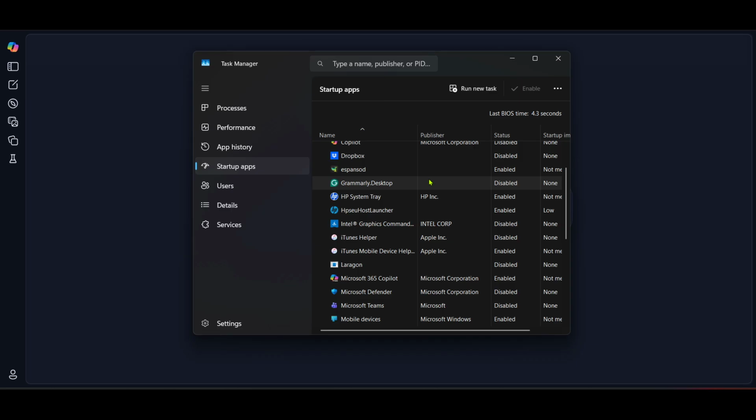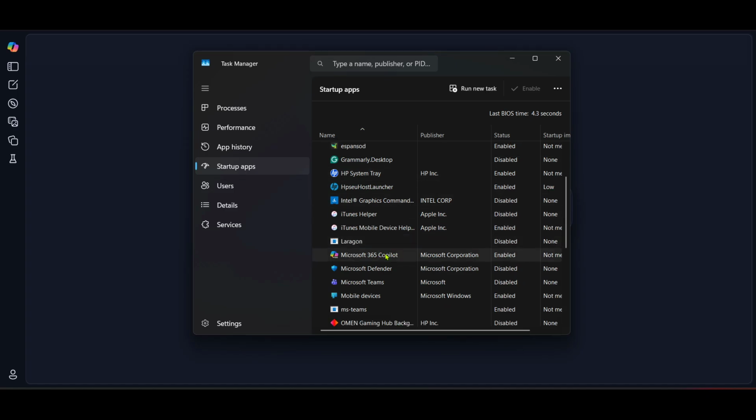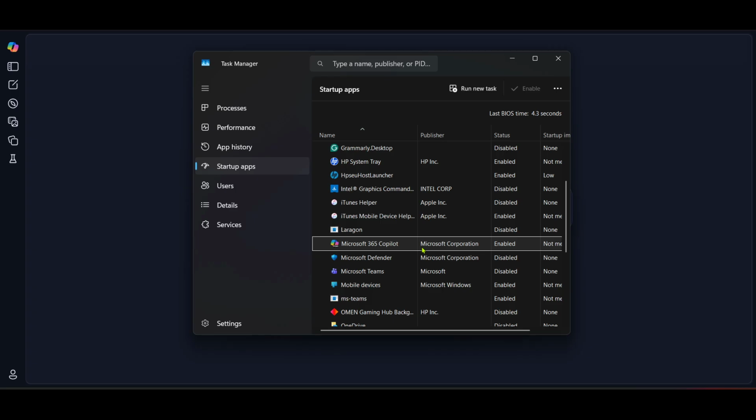This list controls the startup behavior, and by managing these, you can improve your computer's boot up time and reduce resource usage. Now, the hunt is on for Copilot. Carefully scan the list for the Copilot application. Usually, startup applications are listed alphabetically, which should help you find it a little more easily. If you're having trouble seeing it at first glance, take your time scrolling through the list to ensure you don't overlook it.